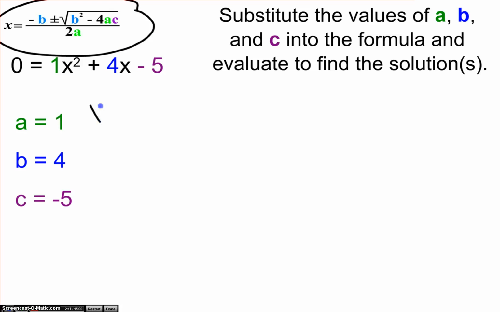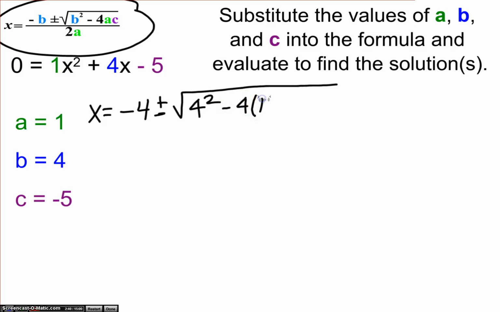So we are going to start substituting our values into the formula. Negative b, so it's negative 4, plus or minus, which means we're going to do it twice, the square root of b squared, so 4 squared, minus 4 times a, which is 1, times c, which is negative 5,